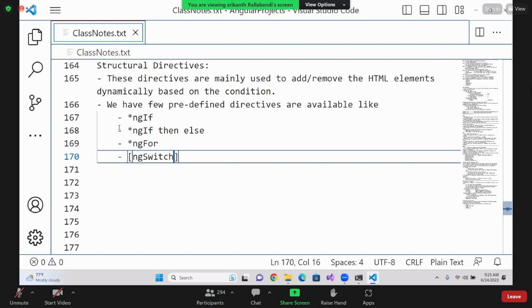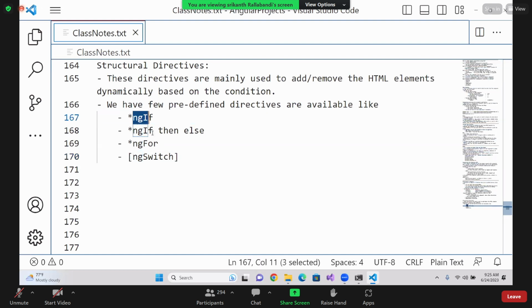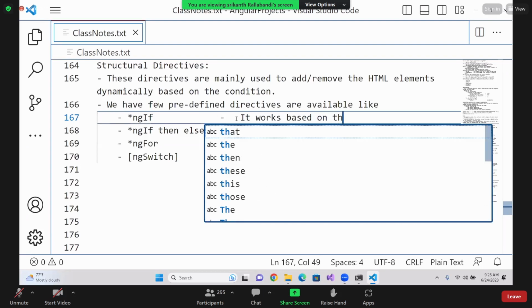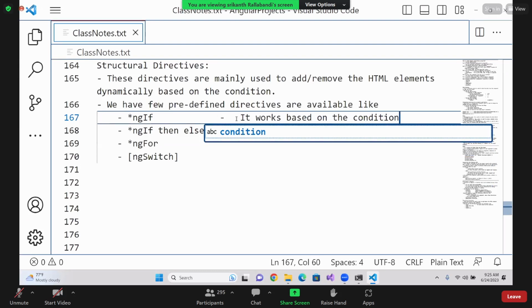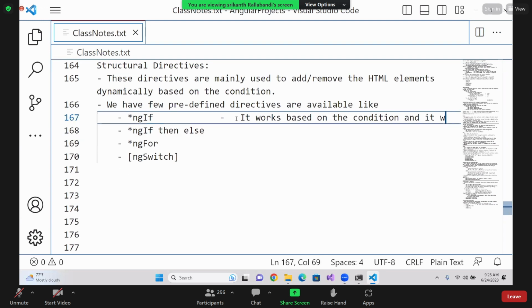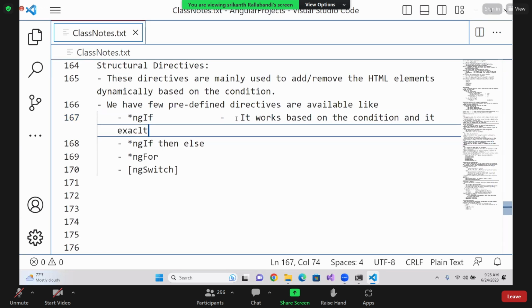So we have ng if, then ng if then else, then ng for, and then ng switch. Let me give you a quick intro of each, and we will see examples of everything. So the first one is ng if. It works based on the condition, and it is exactly similar to